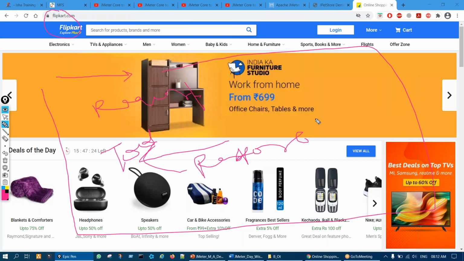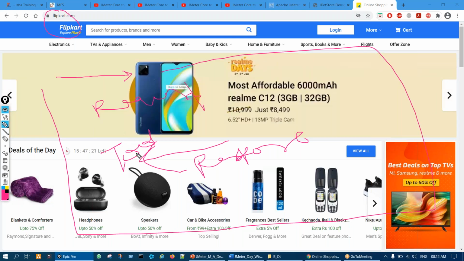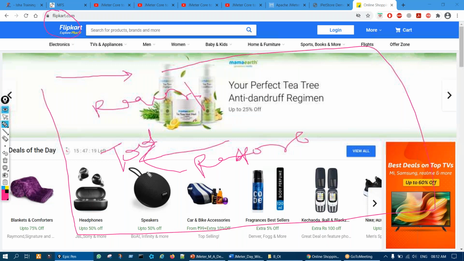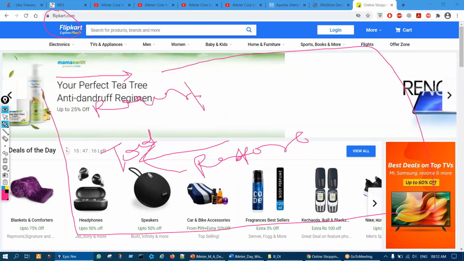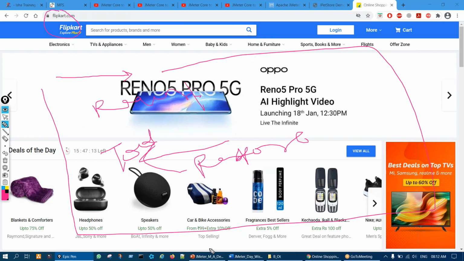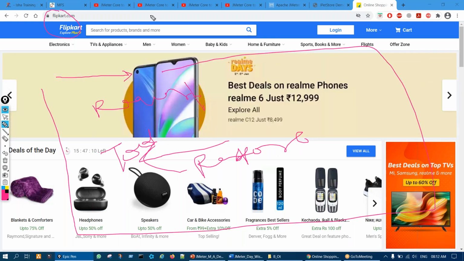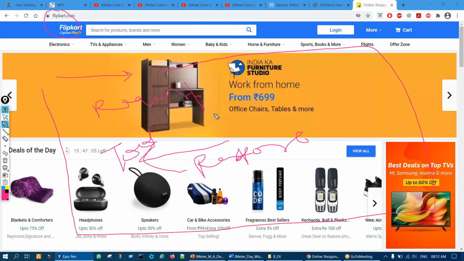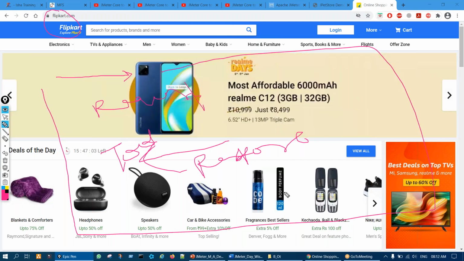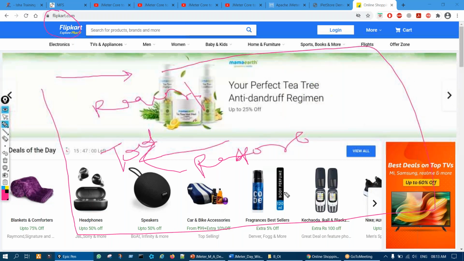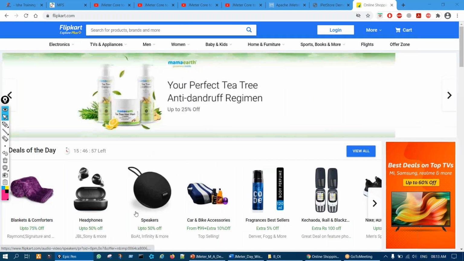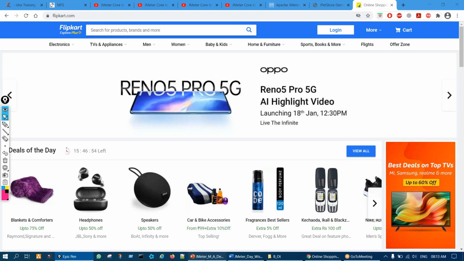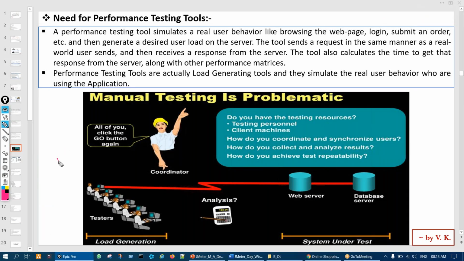The tool will take the scenarios and we script them using the tool, and this tool will do the activity like our real user. They will send the request, they will bring the response, and how much time it took will be calculated, along with some other performance metrics also. And another feature of the tool is that we can generate any number of loads. If we want 1,000 we can do 1,000, if we want 2,000 we can generate 2,000, right? We do not have to bring real humans, real systems. Tools will do that.